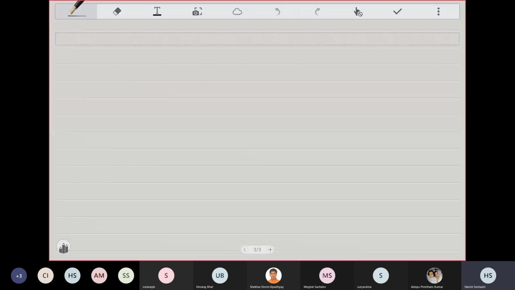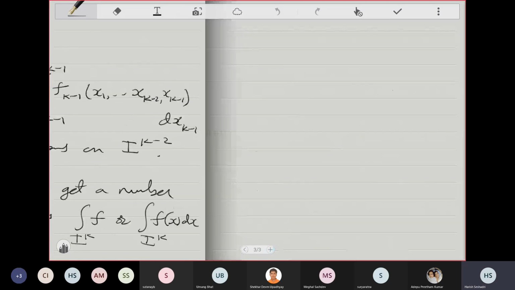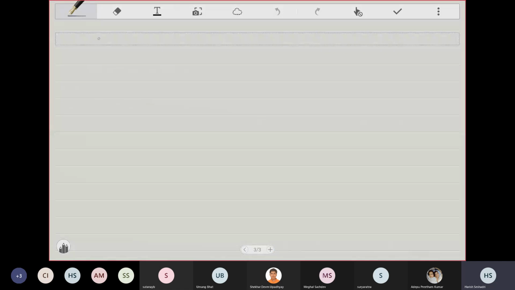That is one reason, but there is also a deeper reason why it shouldn't matter which variable you integrate first. The order in which you integrate out the variables shouldn't matter. And that was the theorem we were trying to prove. Okay, so